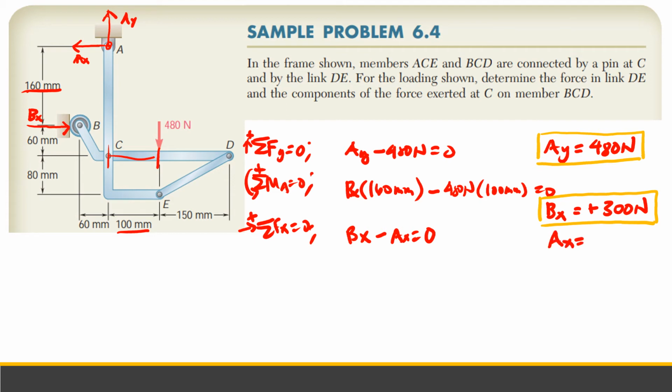So AX is equals to 300 Newton also. Yan. So nasolve natin yung mga reaction. So Bx is 300, AX is 300, and AY is 480 Newton. So before we dismiss, next na gagawin is i-dismember natin yung frame to find the internal forces and